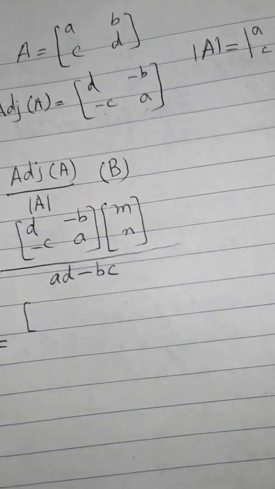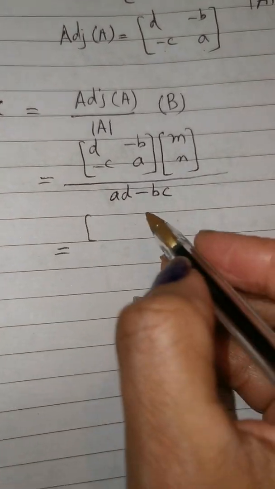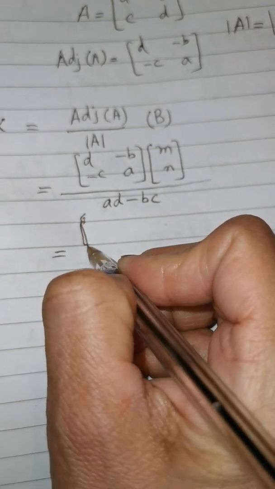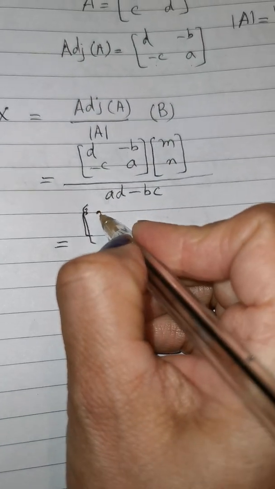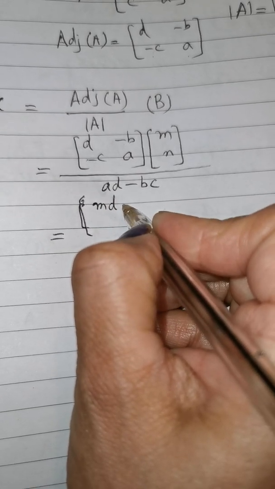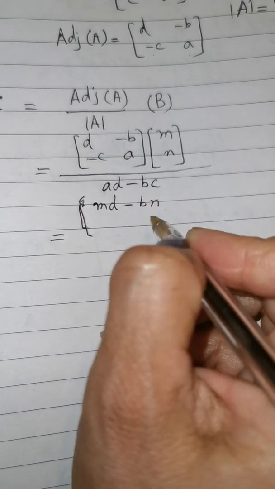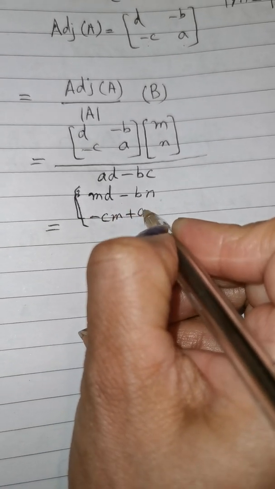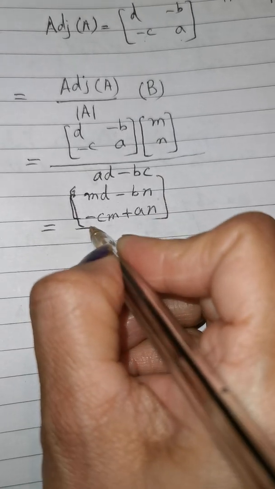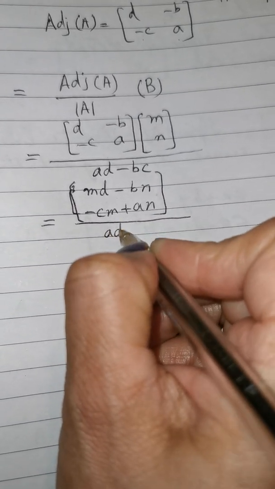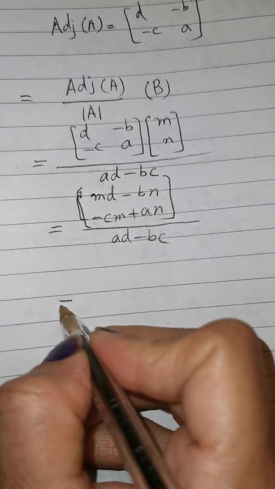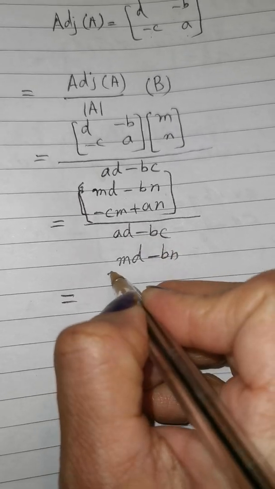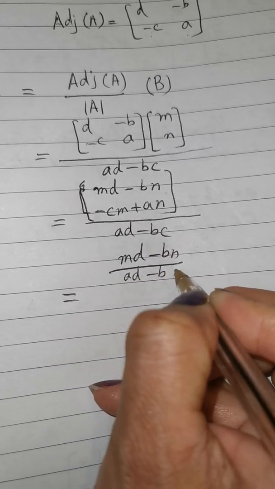It will give me, when you will multiply them, first MD minus Bn, and second will be minus Cm plus An, and it is whole divided by AD minus BC. Each and every element will be divided by AD minus BC, which is our determinant,